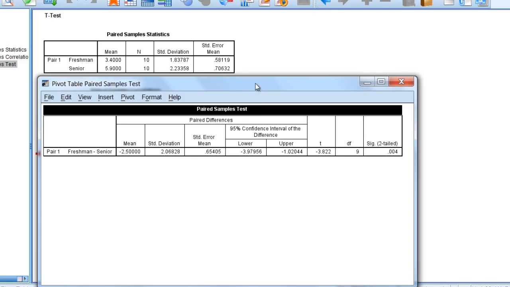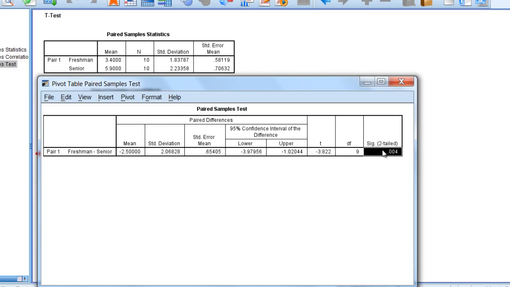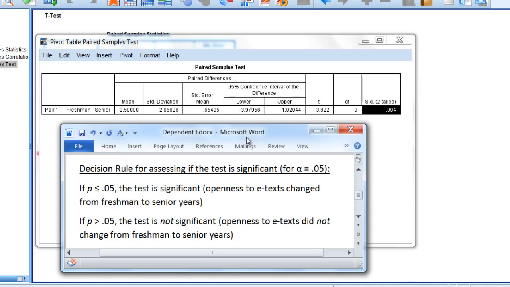But what we want to do is zero in here on the p-value as always. And we'll apply our decision rule to see whether or not the test is statistically significant. And here we'll use alpha of 0.05 and a two-tailed test. And we'll use the two-tailed test to allow for opinions to either be more open over time towards e-texts, or perhaps to be less open over time towards e-texts. And remember, these decisions are always made before the study began. So alpha 0.05 two-tailed. And using that,